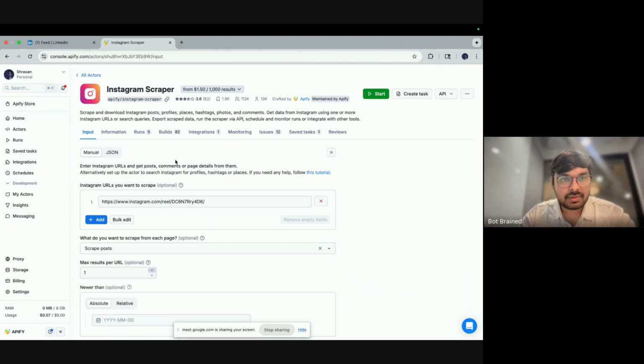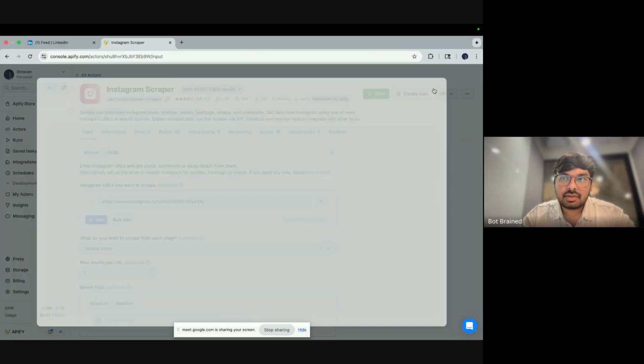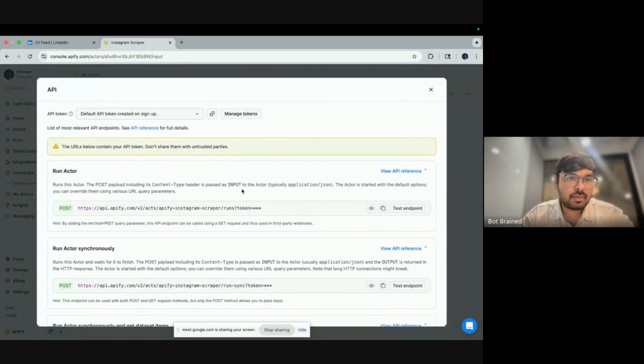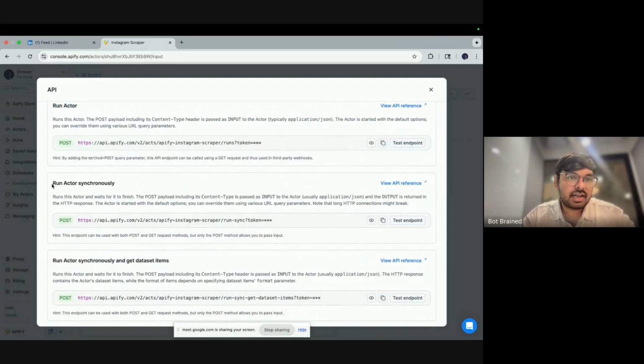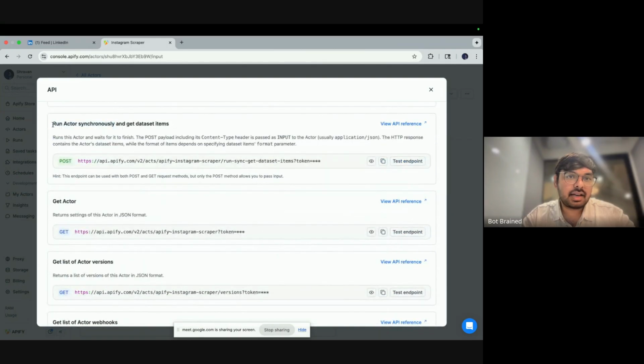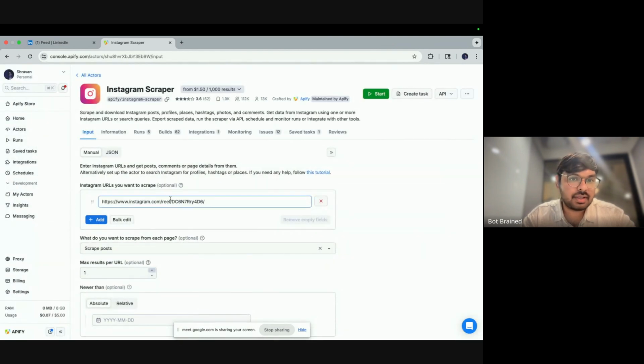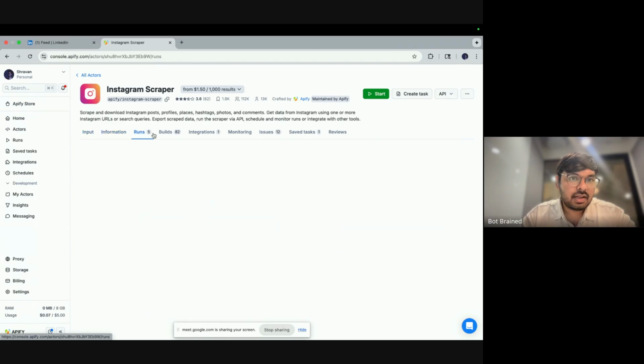Now, in this, they have API clients, API endpoints, and all of that. When you see API endpoints, an actor is basically an API. You can run it and see what endpoints come. Run actor synchronously, run actor, and get the dataset item. So when you run any dataset, for example, I've given this URL